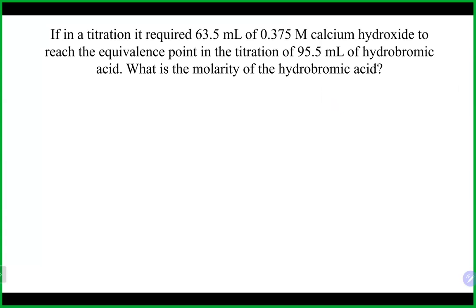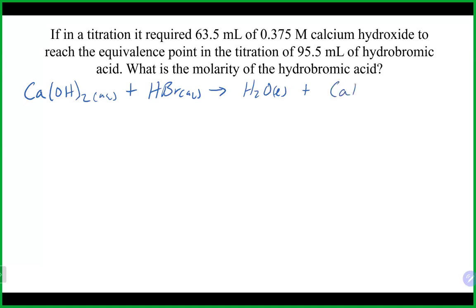Okay, let's take a look. Again, we're going to need an equation. We're doing a titration. The equivalence point is basically the end of the titration or the reaction. So remember, calcium hydroxide, calcium is +2, hydroxide's -1. So that's Ca(OH)2. Hydrobromic acid is HBr. Again, going to basically make water in a little double displacement reaction here. So the calcium again is +2 and the Br is -1, which means you should end up with